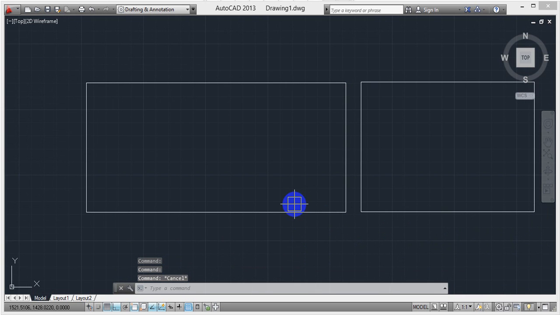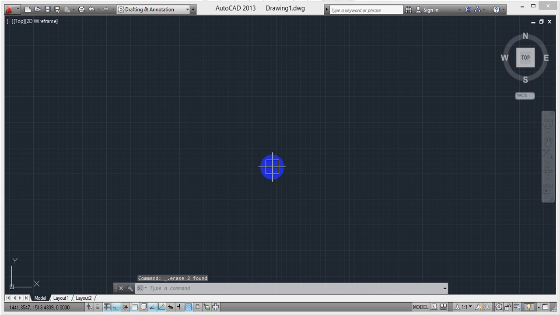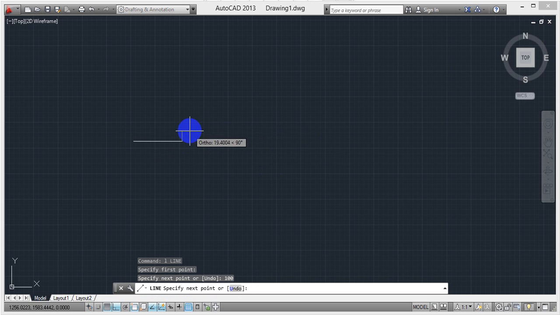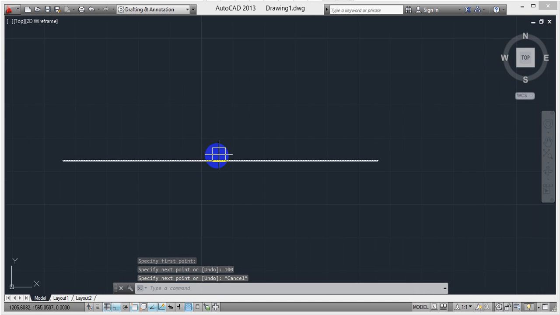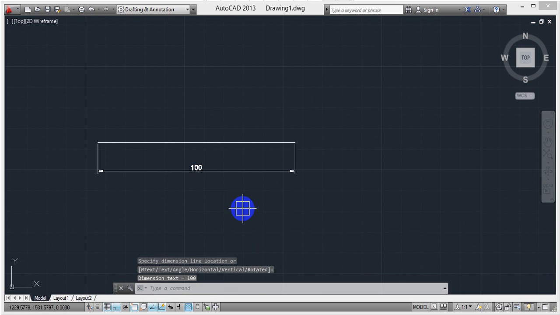Okay, next. Next is lengthen. So what is meant by lengthen? For example, I am taking a line of 200, or else make it 100. Enter. Escape. When you select escape, it shows the exact dimension on the line. So first we will see the dimension. DLI, double enter, it's 100 mm.